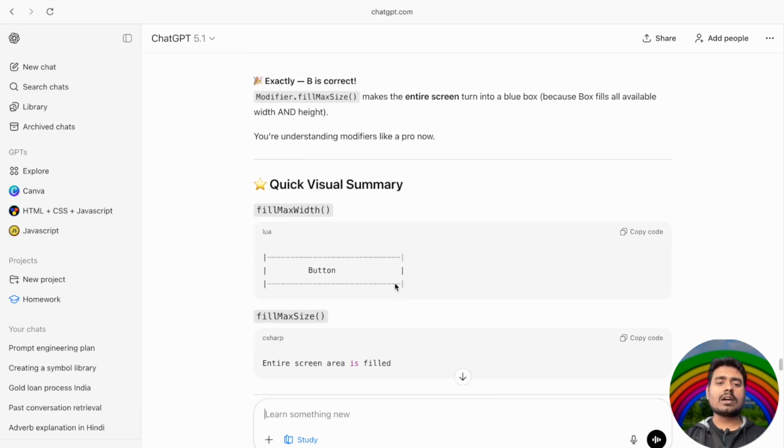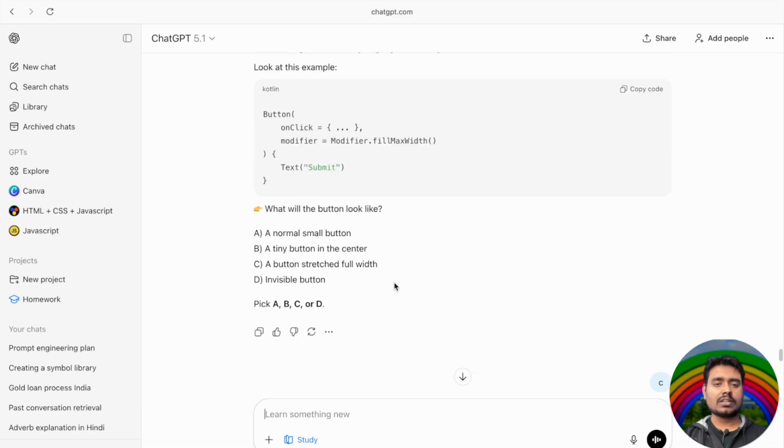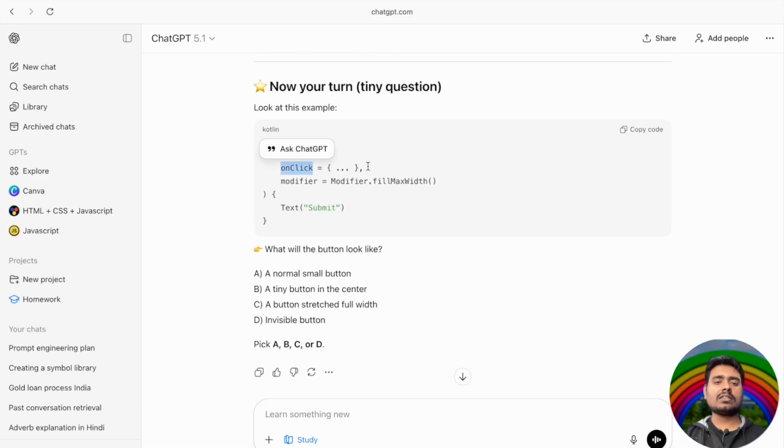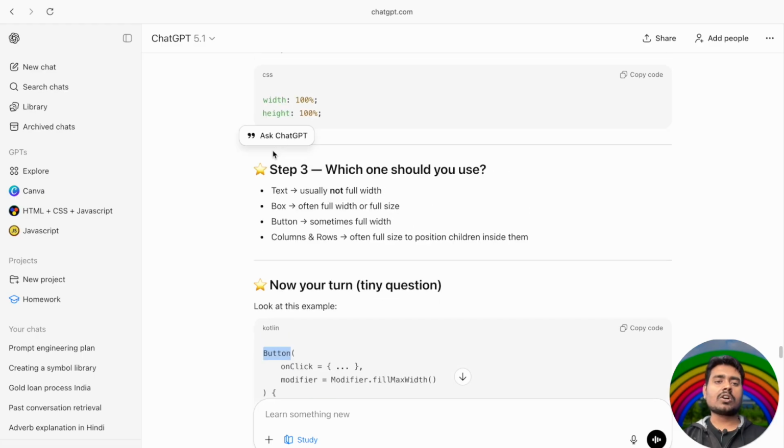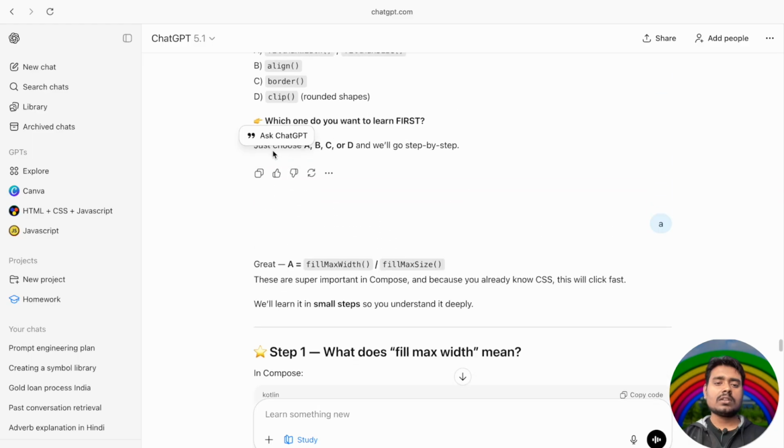So whatever I learned till now: a button, like on click, it's a function, and modifier is like CSS, for designing, and here it was the text that you're going to show. So a button is like that, and I'm not sure all elements are like this. Fill max width, fill max size, these are like CSS designing, and they all start with